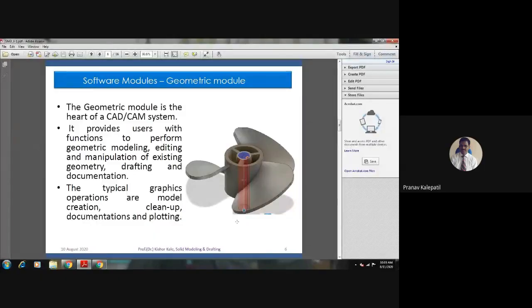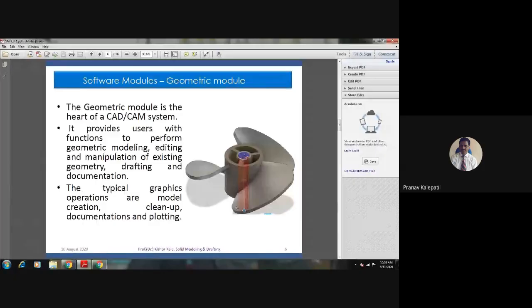Prime mover means it may be a motor or it may be anything; we are not interested in that. So this hub will be mounted on that rotating shaft. You have understood? This is called a hub. The central hole will be there, and the shaft will be inserted inside it. So this hub will be mounted on the shaft, and these blades are mounted on the hub.